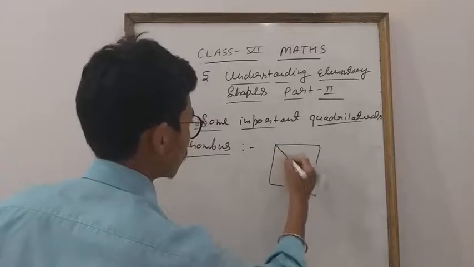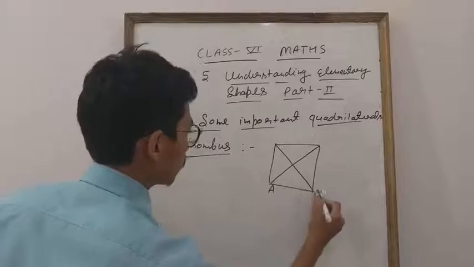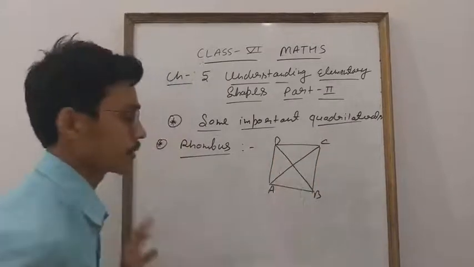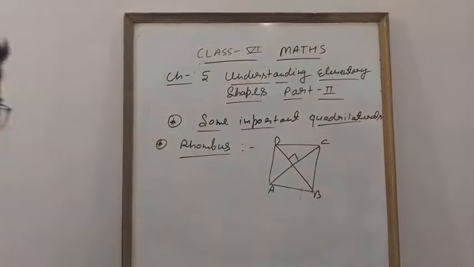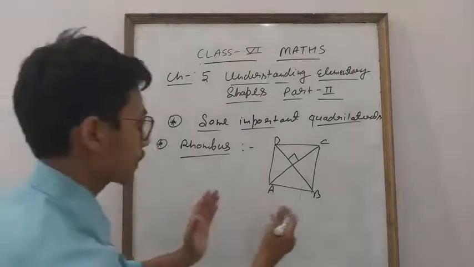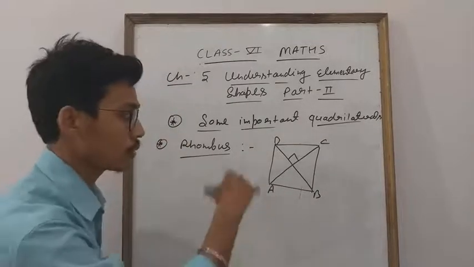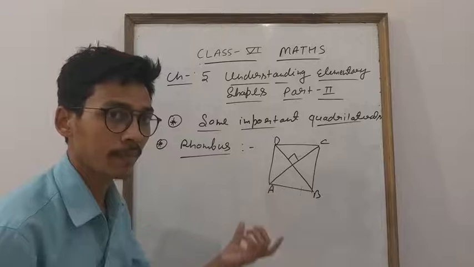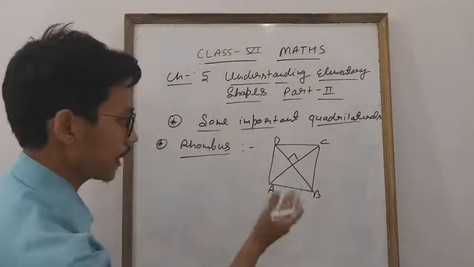This is our rhombus. Now how will you define A, B, C, D? And this one is 90. So rhombus, what is the definition of the rhombus? You will write down: if two adjacent sides of a parallelogram are equal. See, if the two adjacent sides of a parallelogram are equal, you know that in a parallelogram both pairs of opposite sides are parallel. So this is a part of what? Parallelogram. See, this diagram looks like a parallelogram.